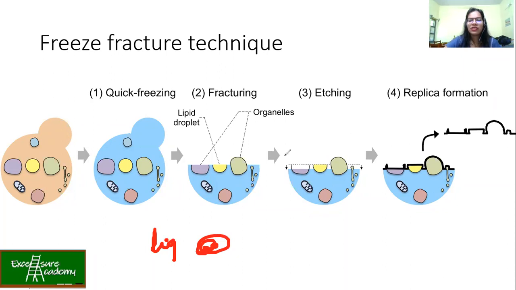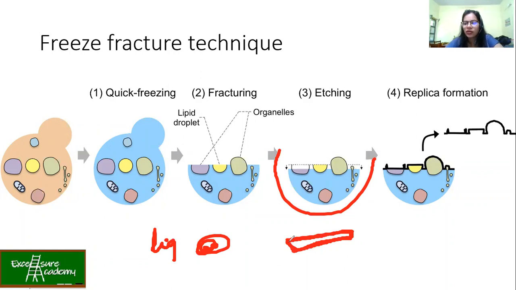So if this is a structure, just focus on this figure. What we are doing is, there's a machine, you take your sample, and the sample will be on the slide. Those are not normal slides which we use under the microscope, these are different, and they are also made up of platinum, because you are going to bombard with the electrons, so it has to be very strong. If you take glass, it will get shattered. So now you have the slide, and on the slide this sample is there. Now what you do is, you actually sputter. Now what is sputter? It means you're just throwing the powders of platinum.